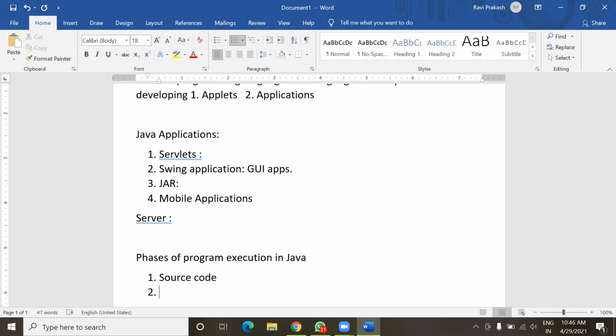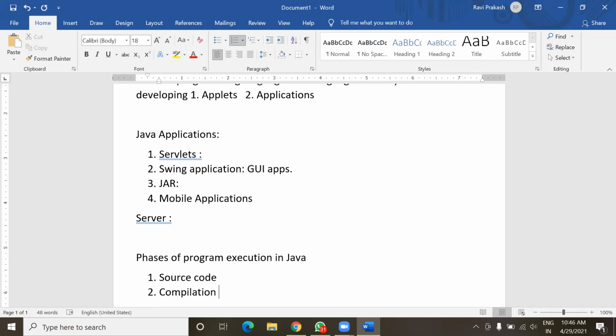The compilation. Yes, compilation process we do after completion of source code. So during compilation, what happens? What is compilation?